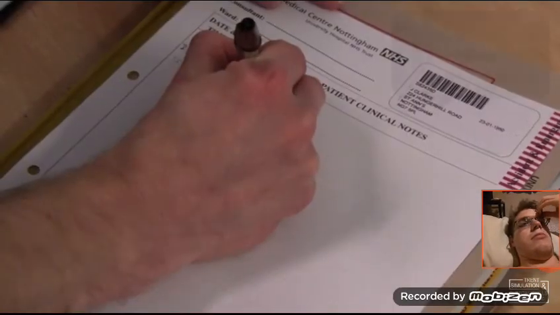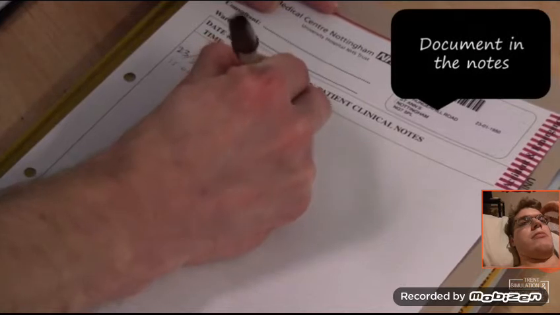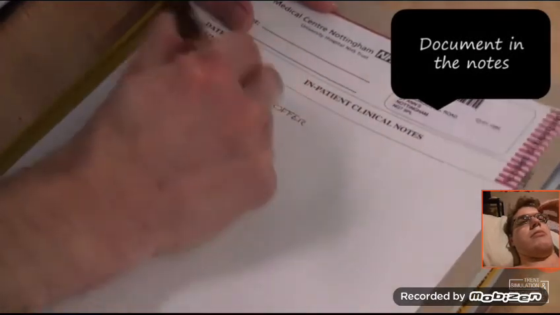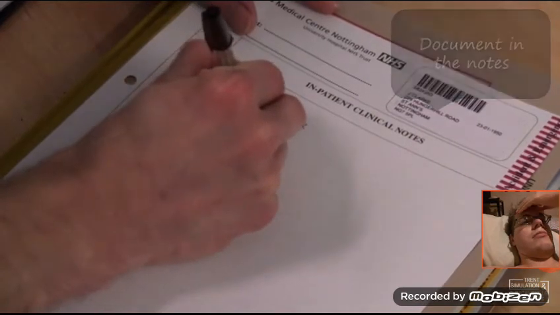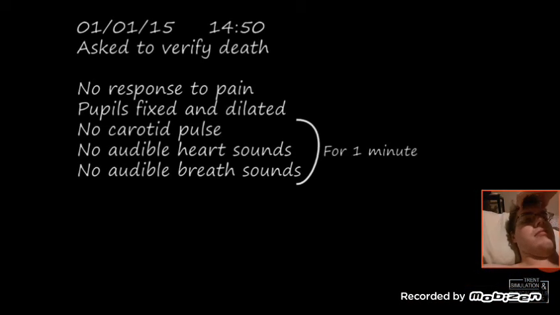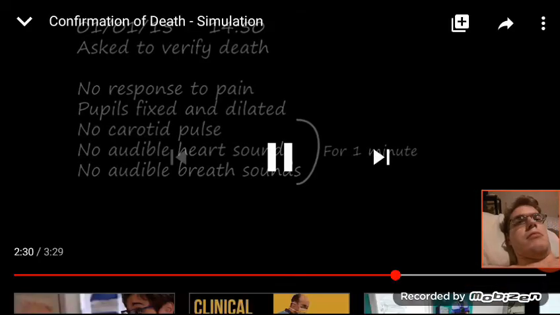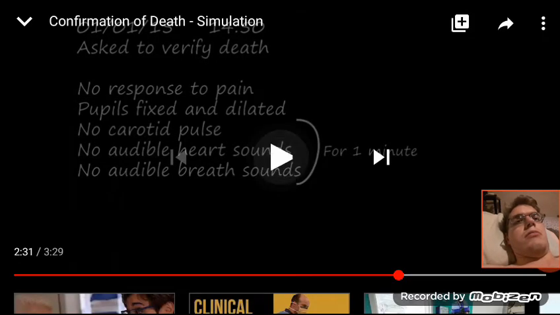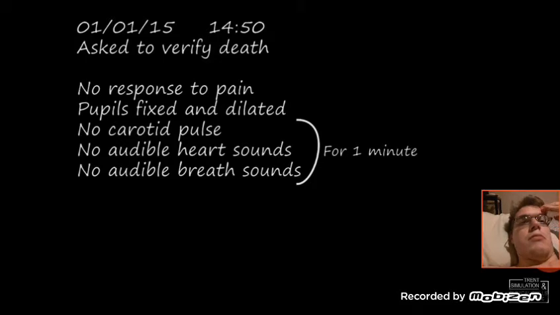It is also helpful to note if there is a pacemaker present in the patient, and then you need to make a written documentation of the declaration of death. This should be timed and dated in the notes and should contain the following information: that there is no response to pain, that the pupils are fixed and dilated, and that there is no carotid pulse, no audible heart sounds, and no audible breath sounds